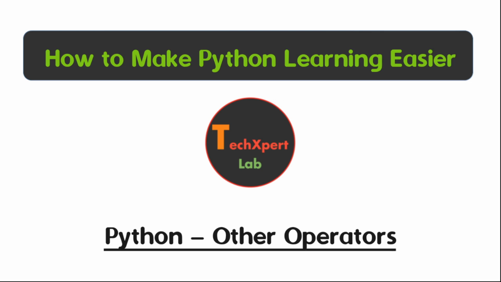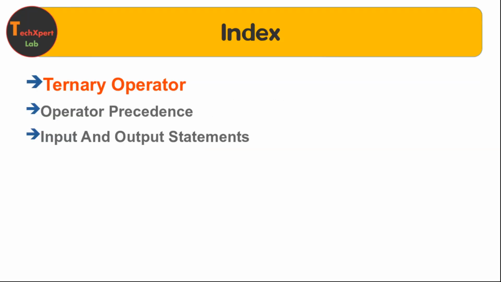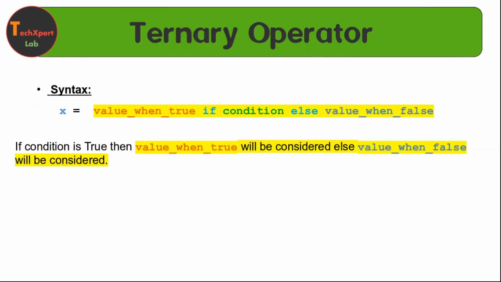Hi, in this video, we will see the ternary operator. Ternary operators, also known as conditional expressions, are operators that evaluate a value based on some condition, whether it is true or false. On this true or false condition, whatever it returns, the value gets decided. In the syntax, you can check here, the first value will be used when the condition is true, and the second value is used when the condition becomes false.